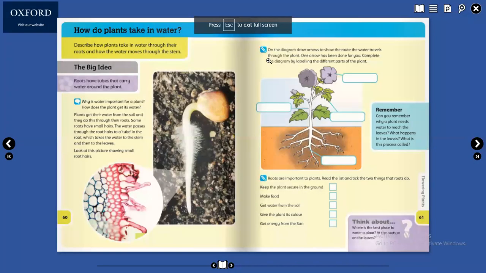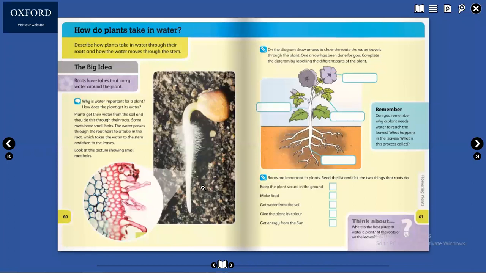Hello, teacher. I am Turki Bandar. Hello, Turki Bandar. How are you? I'm fine, thank you. Okay, open your book, page number 60. Teacher, page what? You can see the page on screen.